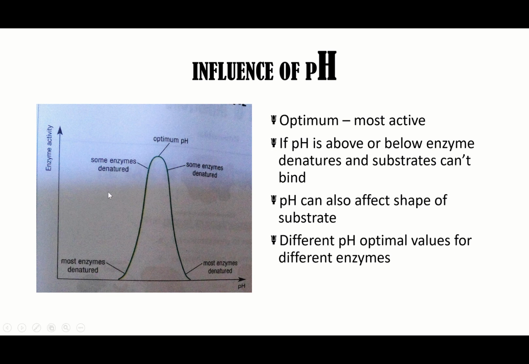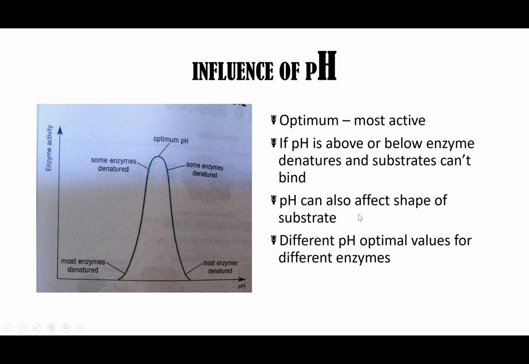In our stomach, for example, which is full of stomach acid, the enzymes in our stomach will be very acid prone, and they function under a pH of around 3. It's just fine living in our stomach. But if you take that into another environment like the small intestine, which I think is basic, your stomach enzyme wouldn't work well in a basic environment because its optimum pH is around 3. And a pH of 8 would not be very good for its enzyme